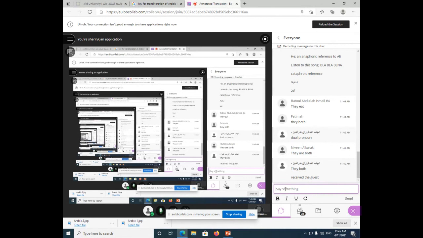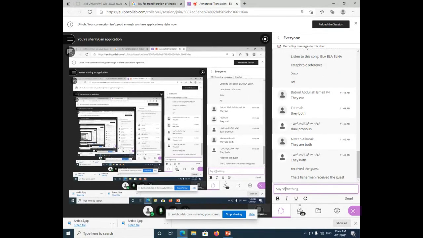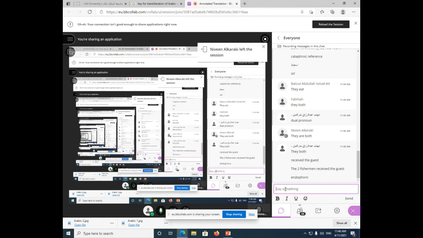Okay, for example, we are talking about two fishermen. نحكي عن صيادين سمك. So the two fishermen received. So it depends on what we call, if we have this piece of information in the text. إذا كان معلوم لدينا من هما اللذان أكلا أو من هما اللذان استقبلا، إذا موجودة المعلومة في النص بنسمي هذه المعلومة endophoric. نسميها endophoric because it is existent in the text. Okay, مثل هذا المثال بالضبط اللي عندنا.